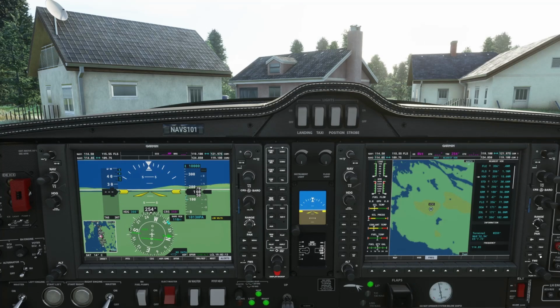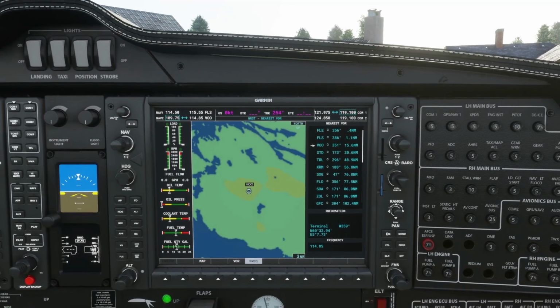Click enter, and there you can see it's actually put that frequency into the nav2 field. Transfer across, wait for the identifier, yeah, VU.